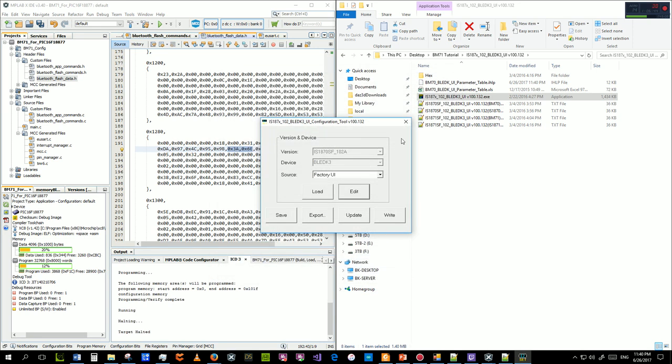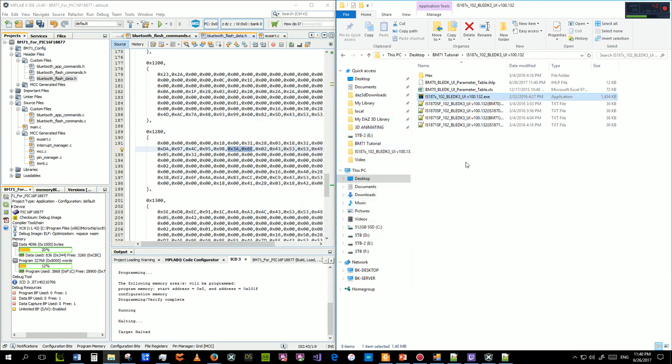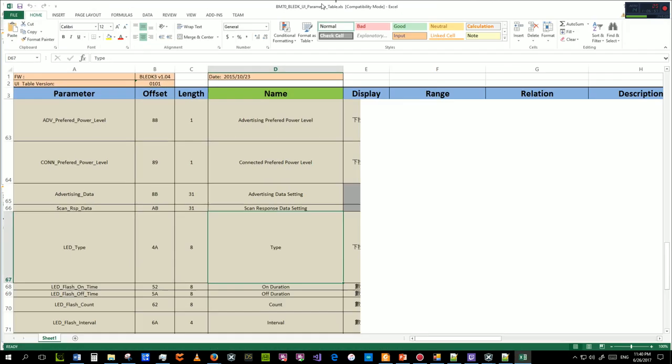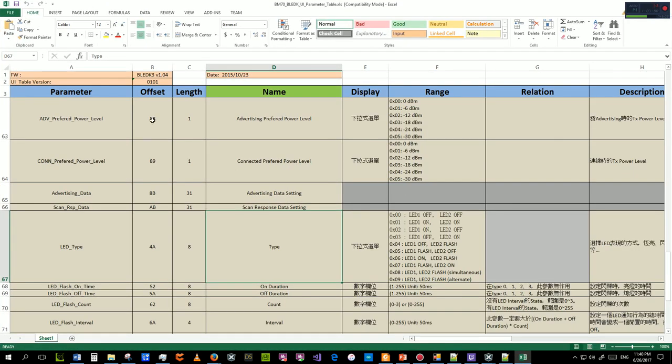In these files, you will find this table called the BM70 BLEDK UK parameter table. If you open this up, you will find that it gives you specifically what bits in the memory at what address